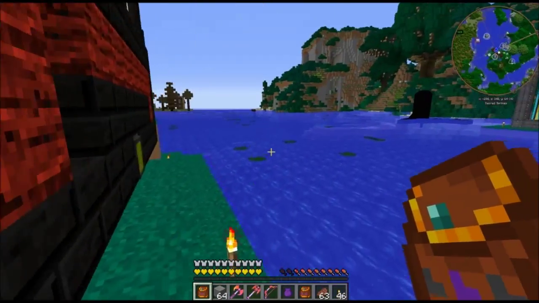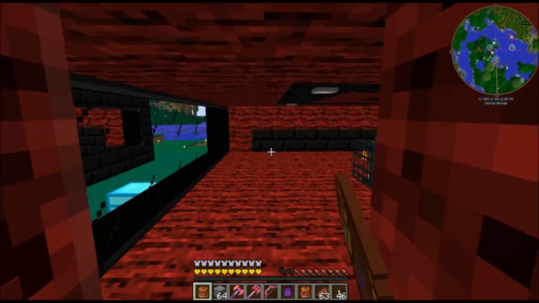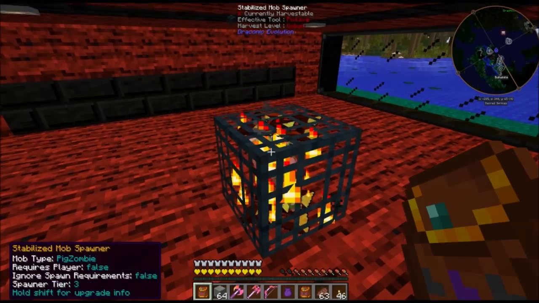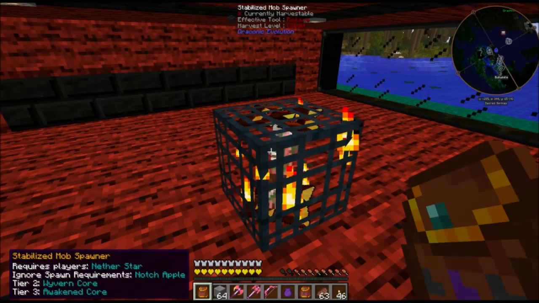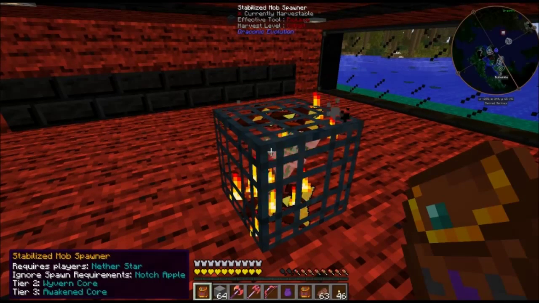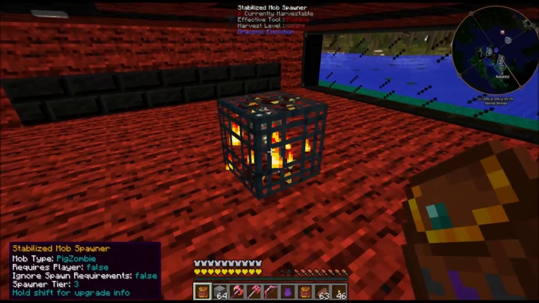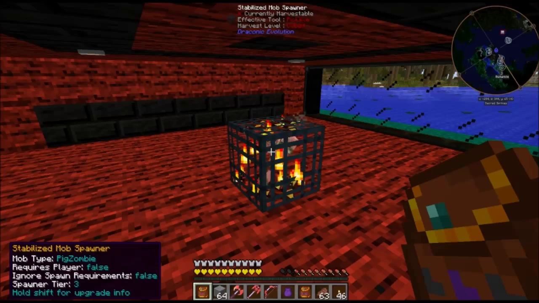Let me go inside here. I actually put a door on the side. It's a powered spawner with all the upgrades on it. It's tier 3, so it's pretty fast. I just got zombie pigmen in here right now,